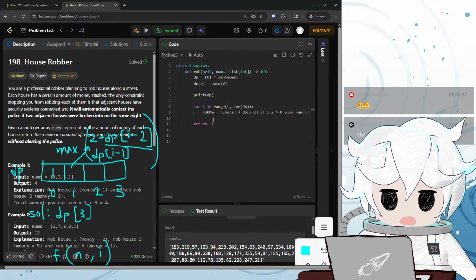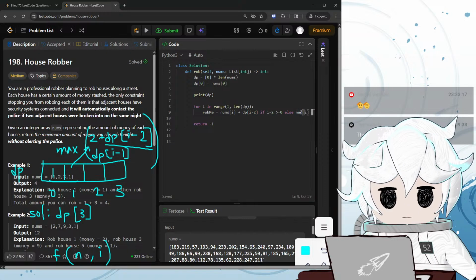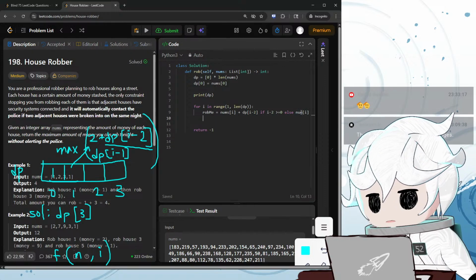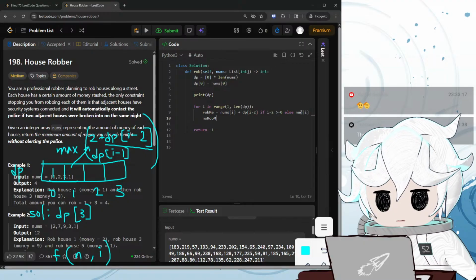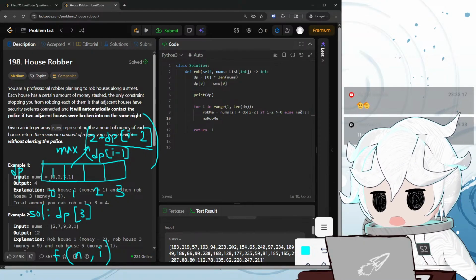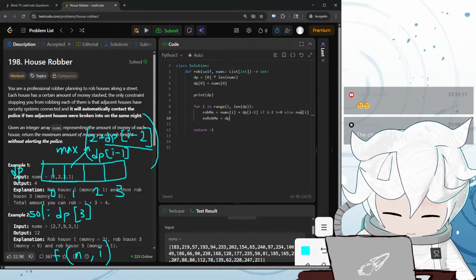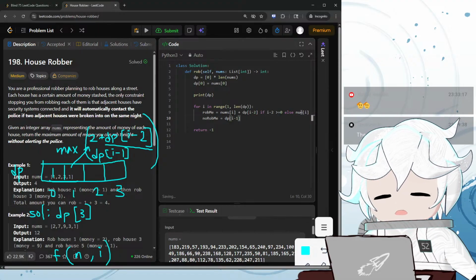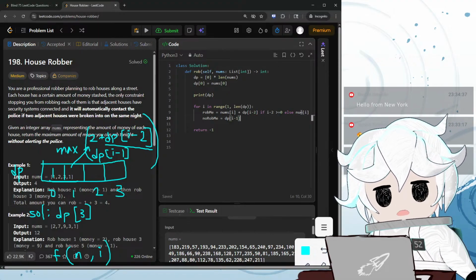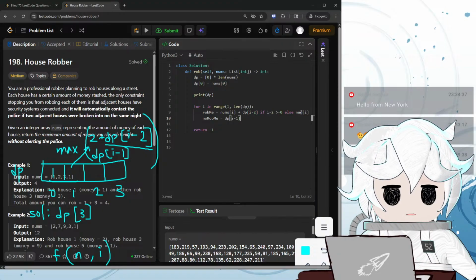Yeah, that should be it, right? And then no rob me is equal to dp[i - 1], basically robbing the house right before me and not robbing